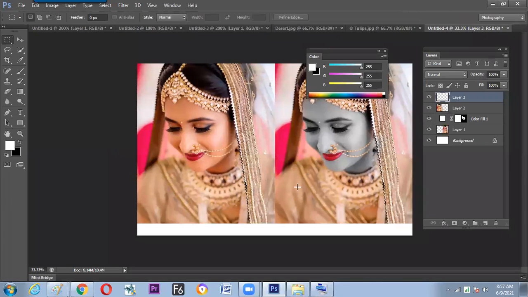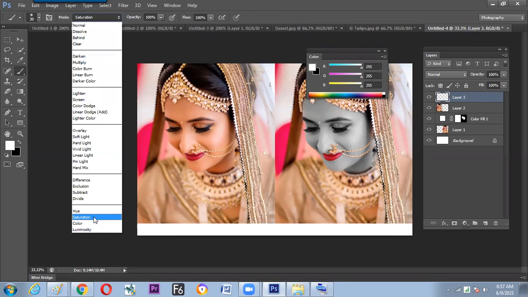And it is recorded, so nothing will be a problem. You can see it any number of times. So what we have understood now: what is a brush, what is saturation mode. We can work directly, but we found the difficulty: if something goes wrong, it is difficult to get it back. So we do the same painting in a mask, and in the mask we use normal mode and paint.